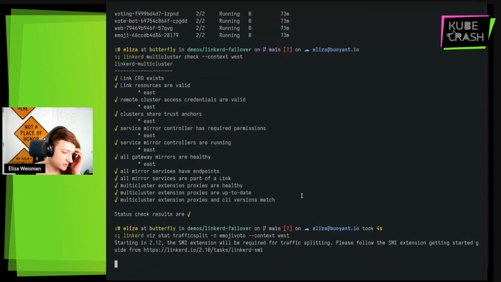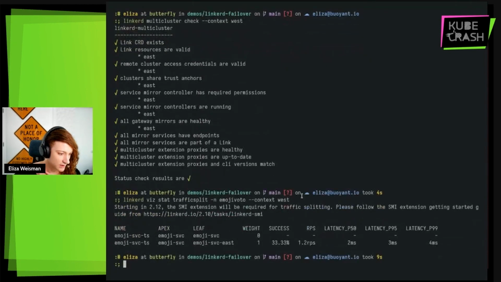So this is going to show me the traffic split that currently exists in the west cluster. And as we see, we have this traffic split, and it's currently configured to send traffic from emoji service to emoji service in that cluster and to emoji service in the east